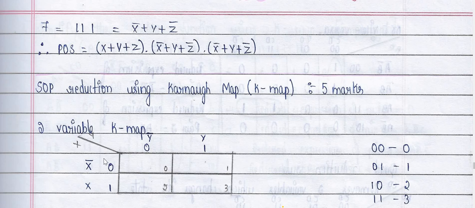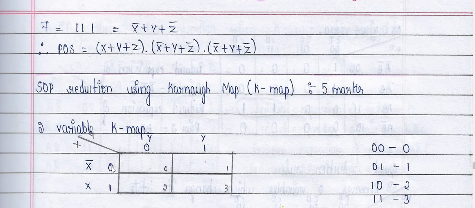See, first you have to draw this diagram. Then one slanting line is here. Two variables are there. First variable x below the slanting line, second variable y above the slanting line. Then here on the left side 0, 1. Possible values for x are 0 and 1. Possible values for y are 0 and 1.